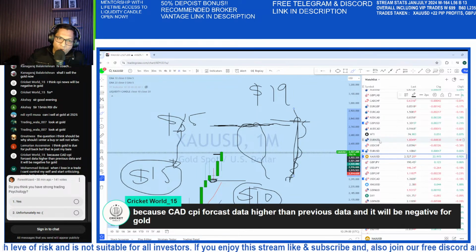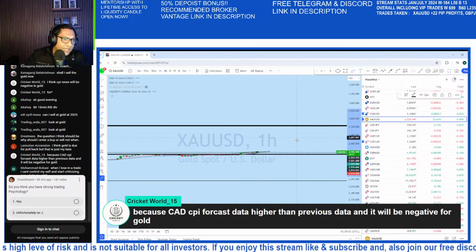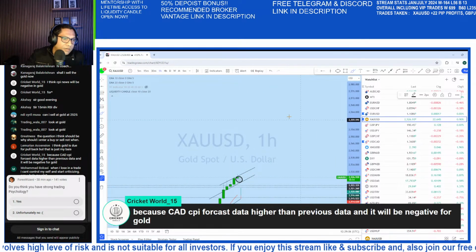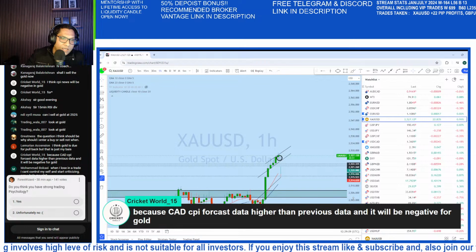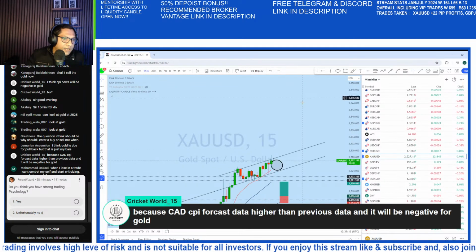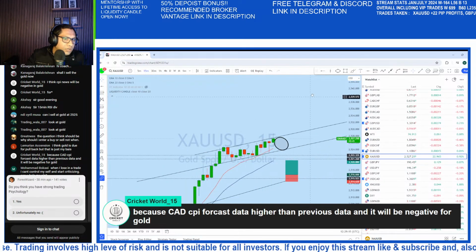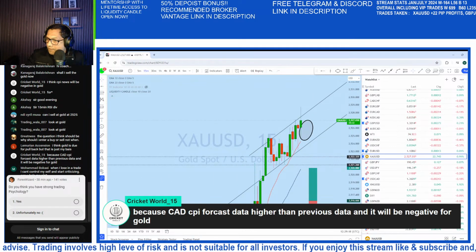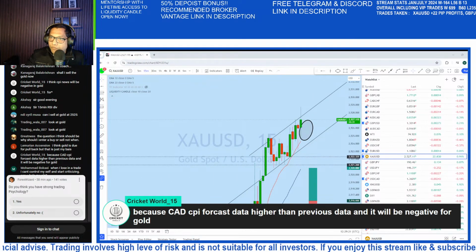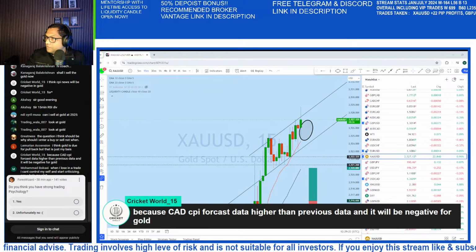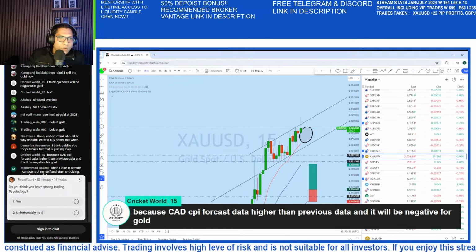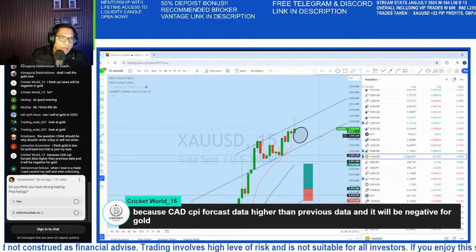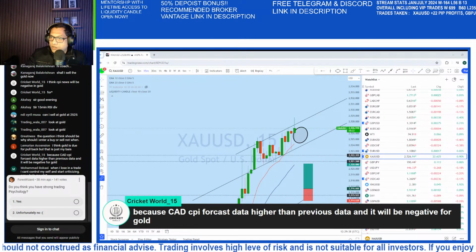Okay, so I hope that makes sense. More information and analysis we will be discussing later, but in the meantime, let's see what's happening in the market. We can see that in just 1 minute the CAD news will come up. We can see gold started to move. Okay, CAD news will definitely have an impact on all those instruments. Let's see how it is reacting.